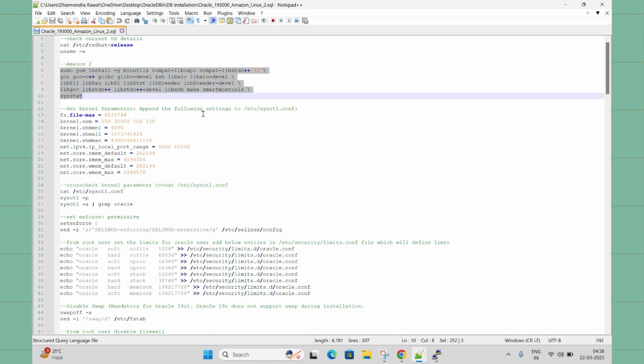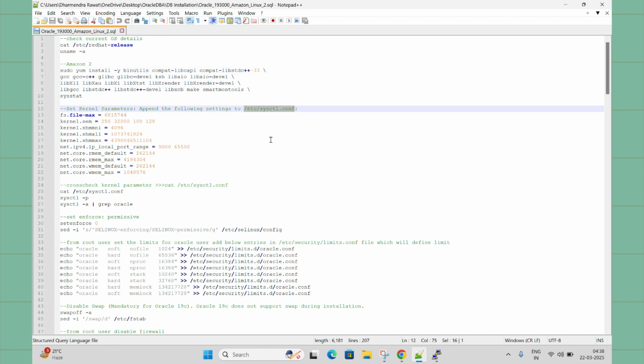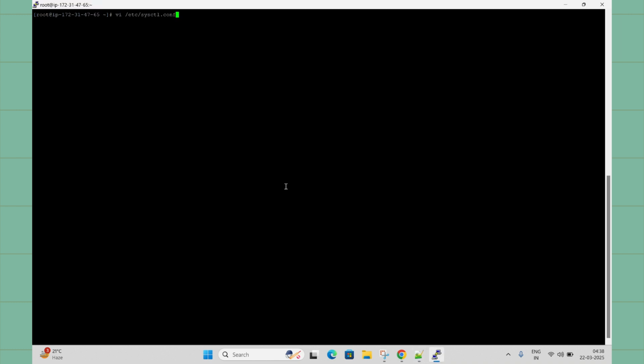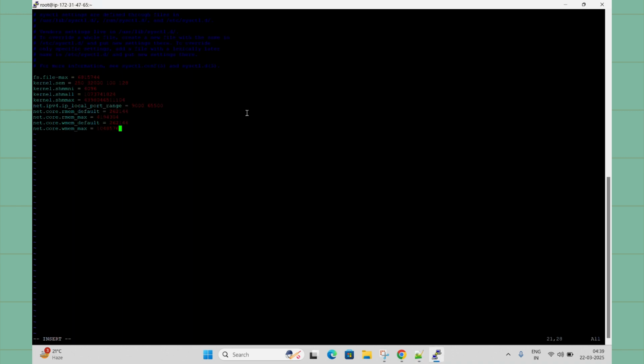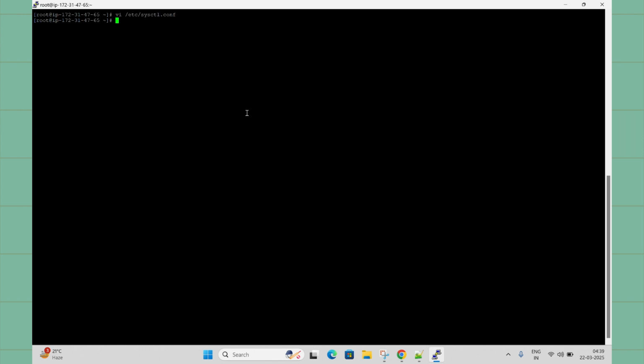Now we need to set some kernel parameters in this file. So what we do, we are just doing everything from the root user only. Whenever I switch user, I will let you know. Okay, so vi, this is the kernel file, escape, and you can go down. At the last you can press enter here. Okay, and now what we need to do, we need to add these parameters in the kernel file. Okay, and :wq, and you can save it.